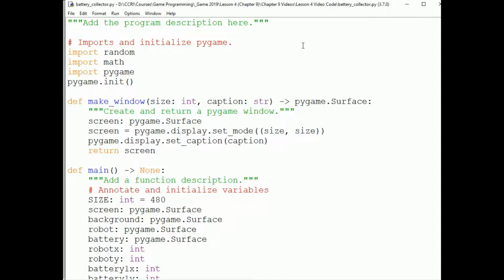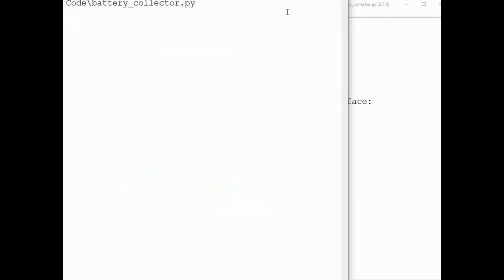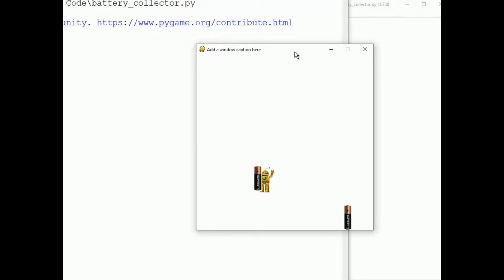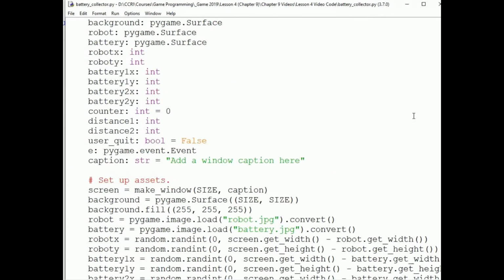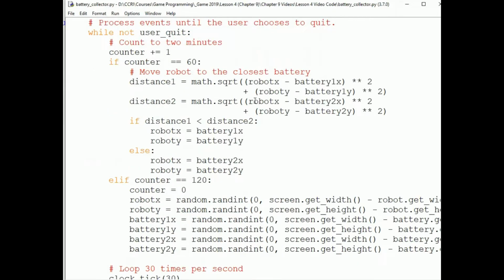This program called batterycollector.py randomly generates a location of a robot and two batteries. And then, after 2 seconds, moves the robot to the closest battery. The distance formula is used to calculate which battery is closest to the robot, and then the robot simply jumps